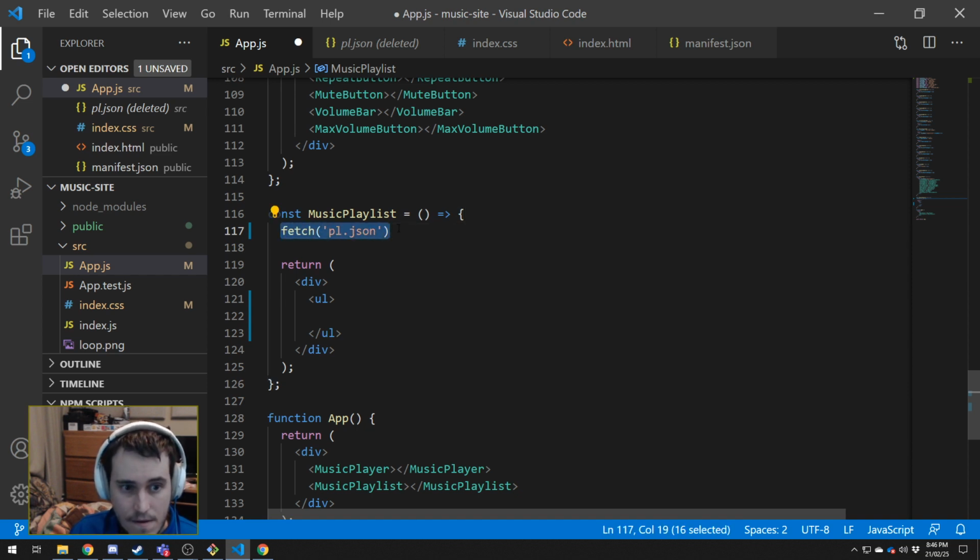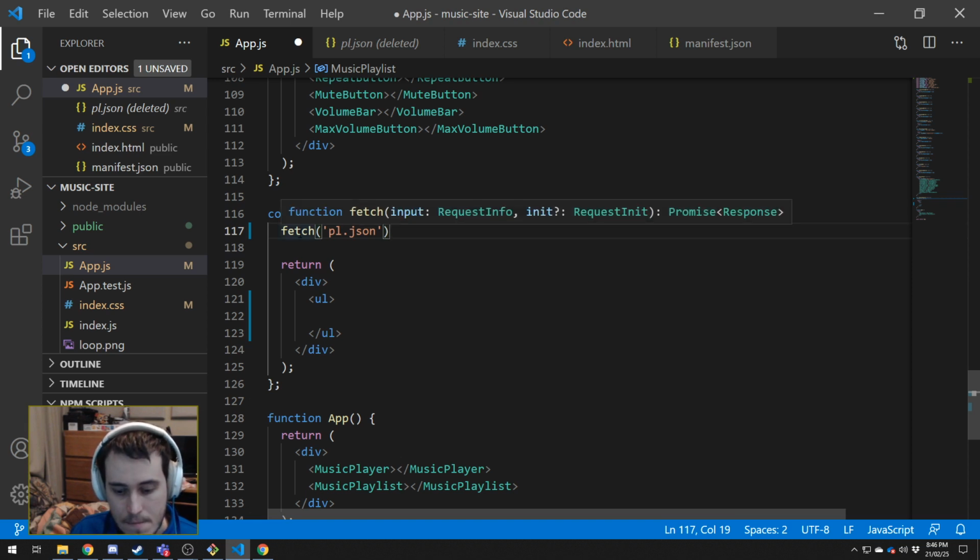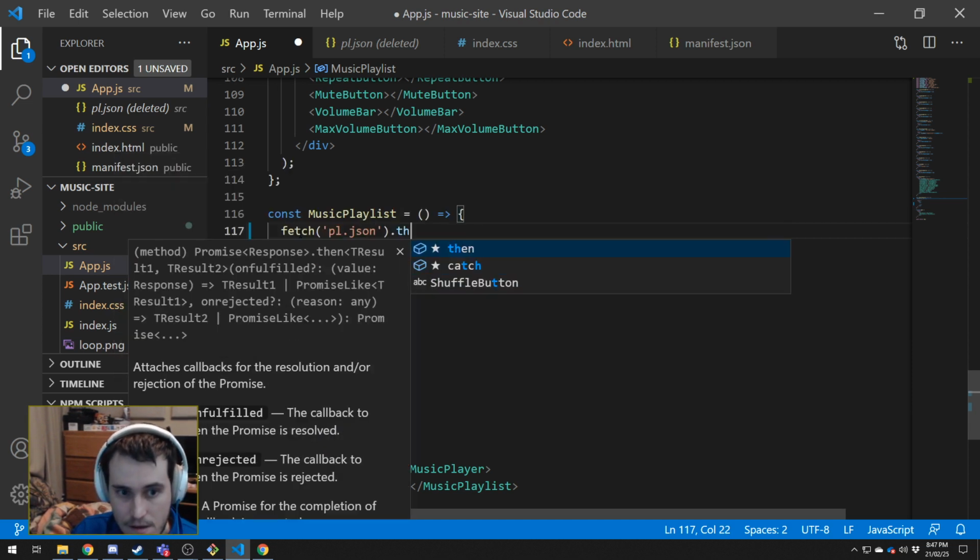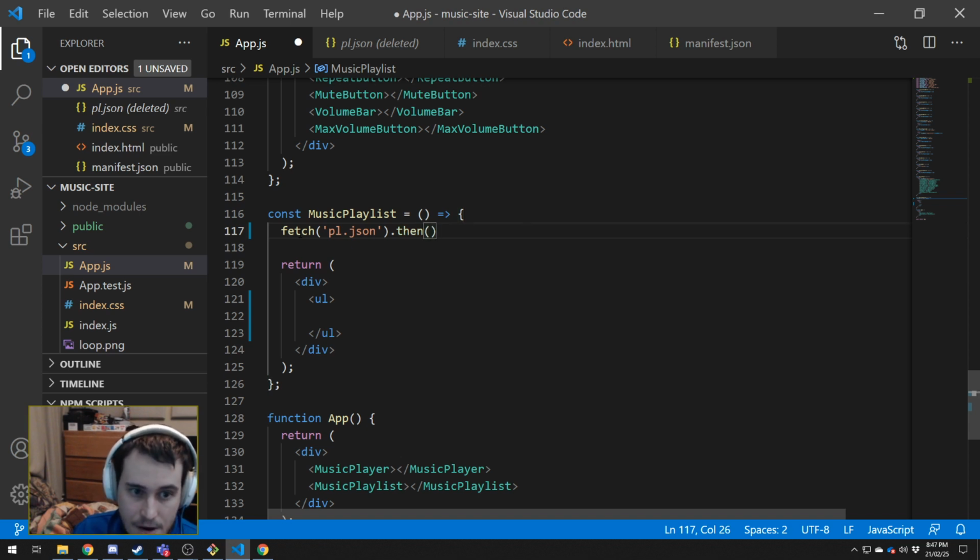Let's do that. Fetch is a function that returns a promise. A promise means it's doing an asynchronous function, and it's intending to complete that. But what we can do with promises is we can use the then function, and whatever we put inside the parentheses here, we want to put a function here. Whatever function we put in here will be executed as soon as it's done getting